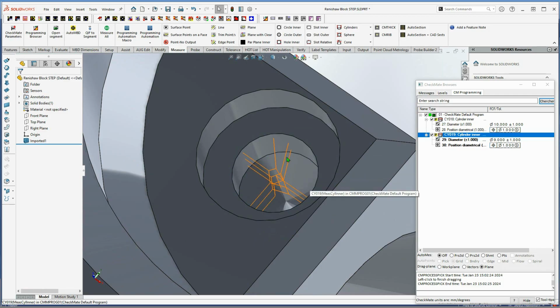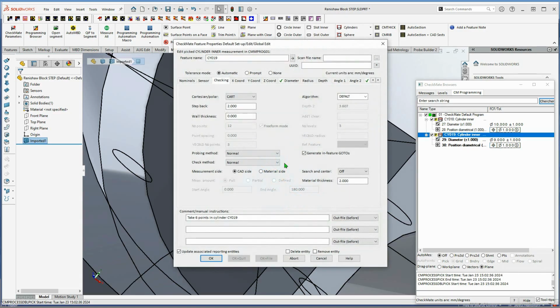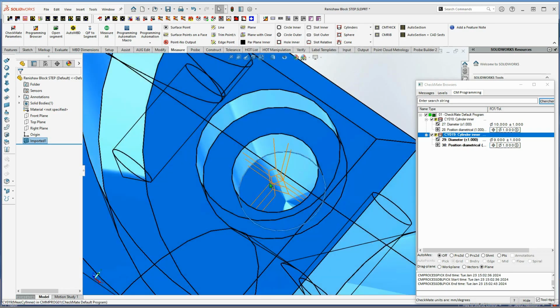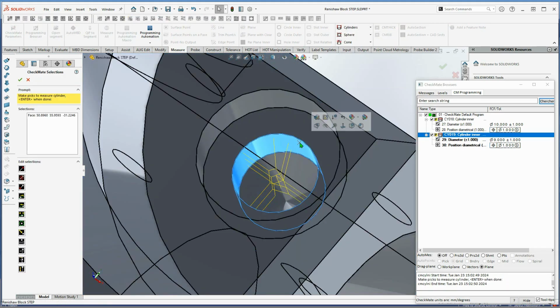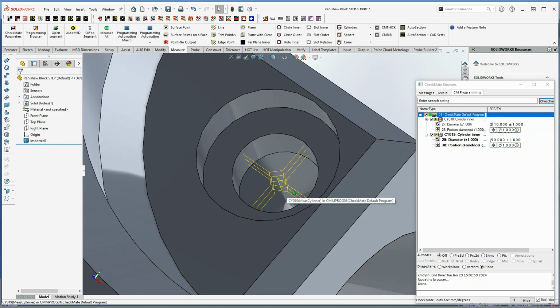And once I've edited a feature in that way, it's locked in. It's in freeform mode, and you cannot get it out again because the data has lost all discipline. So how do you get back? Well, you remeasure. You say measure cylinder inner. You pick the feature, and you pick the face and the previous feature, and